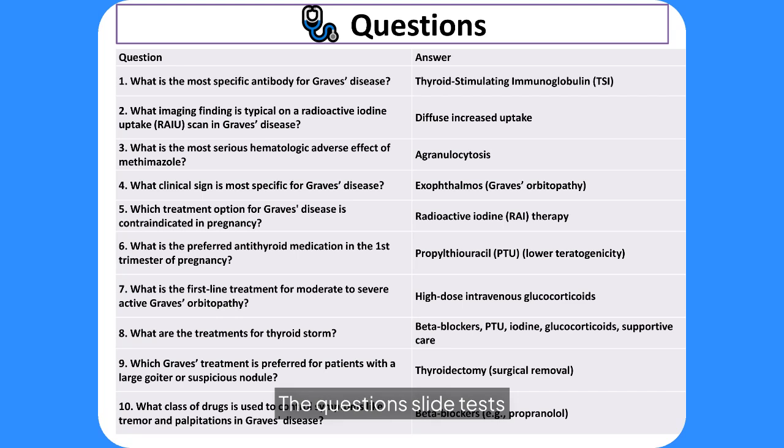This high-yield Q&A table highlights essential board-level facts about Graves' disease, covering diagnosis, treatment, and complications. It identifies thyroid-stimulating immunoglobulin, TSI, as the most specific antibody and diffuse increased uptake on RAIU as a classic imaging feature. Clinically, exophthalmos is noted as the most specific sign, and agranulocytosis is emphasized as the most serious hematologic side effect of methimazole. In the context of pregnancy, RAI therapy is contraindicated, and PTU is preferred during the first trimester